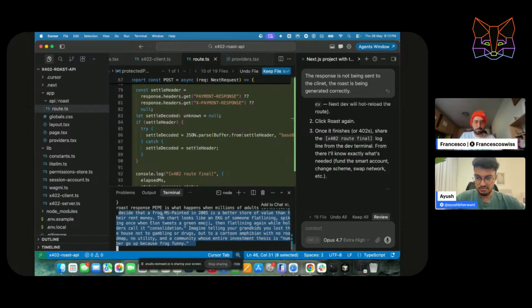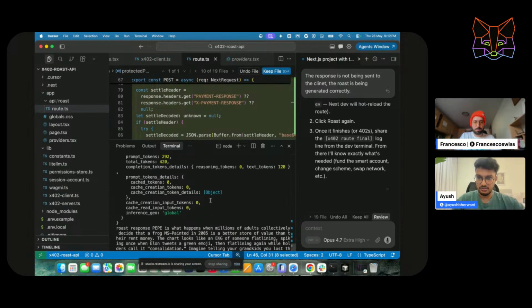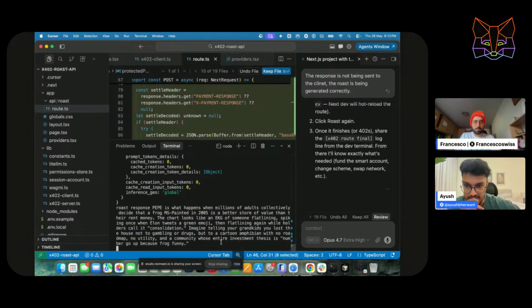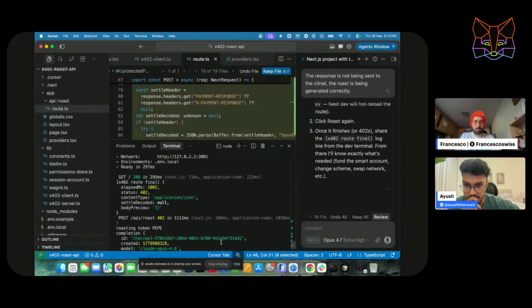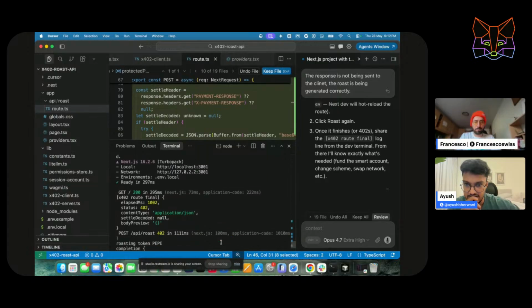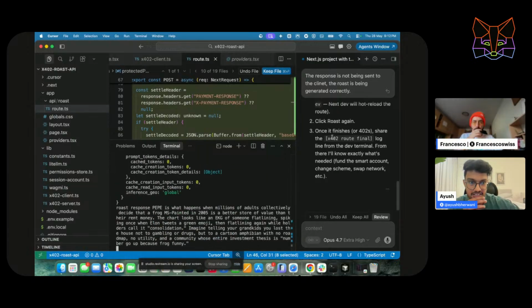It got the response, and I feel now it is trying to hit the settlement. It will get the issue if there is one, and it's taking a lot of time to even fail. So something might be going wrong.